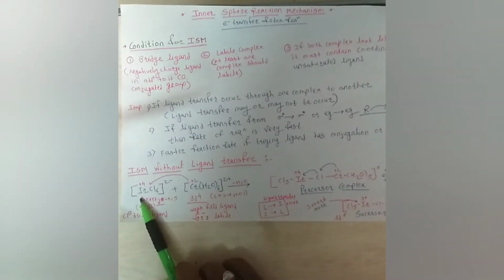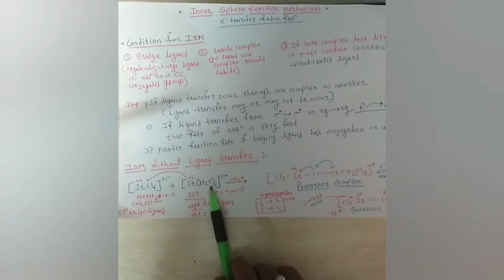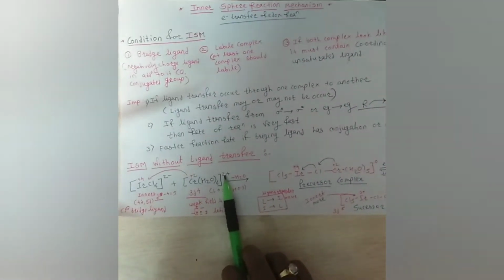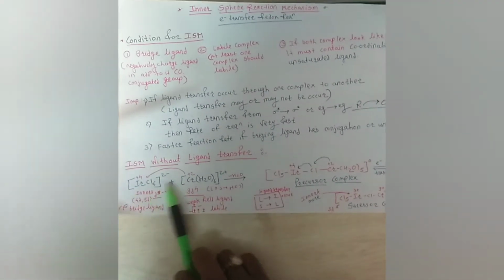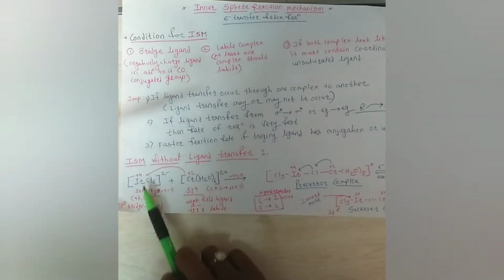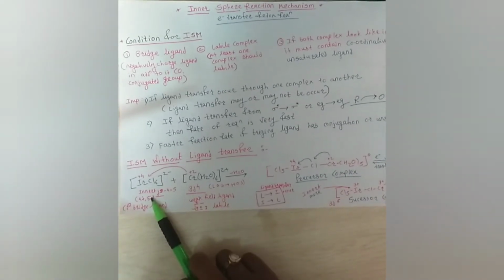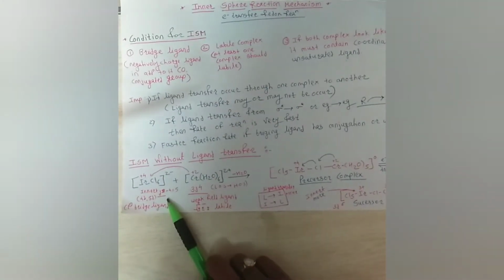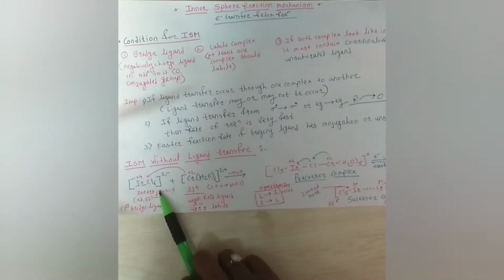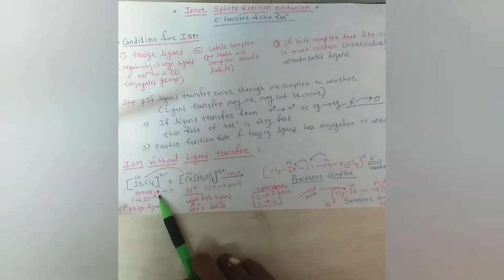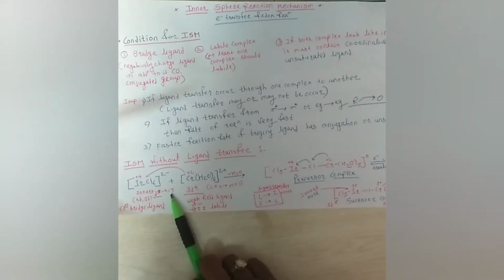Let us consider the example of IrCl6 2- and Cr(H2O)6 2+. So these are the two complexes. In the IrCl6 complex, the metal ion belongs to the 4d and 5d series, and therefore such complexes are inert. The system of this particular metal is d5. How is it d5? It is a d9 system, and from d9 we are removing 4 electrons and we are getting the 5d system.